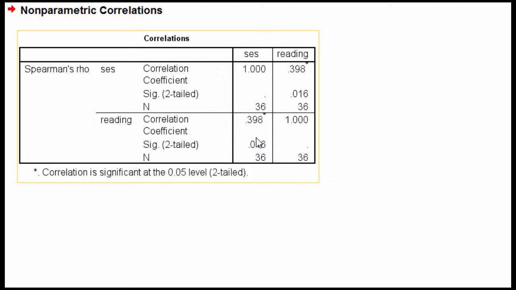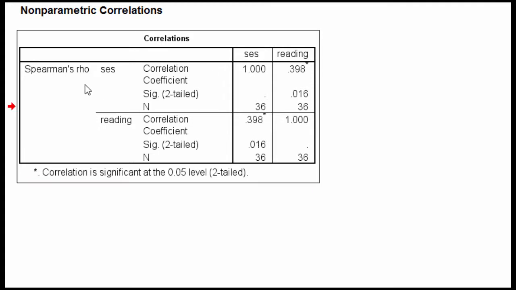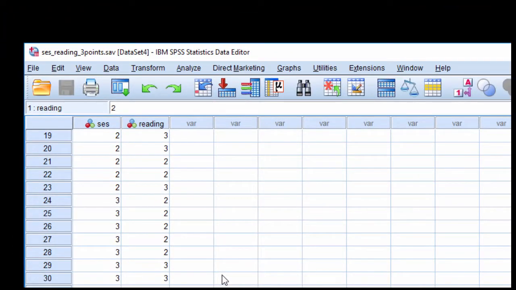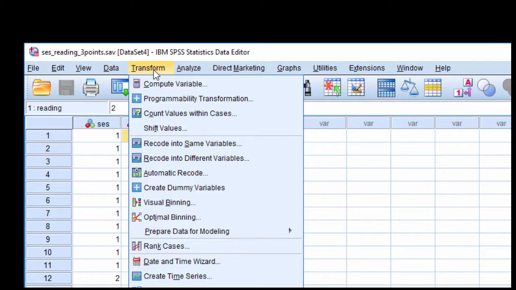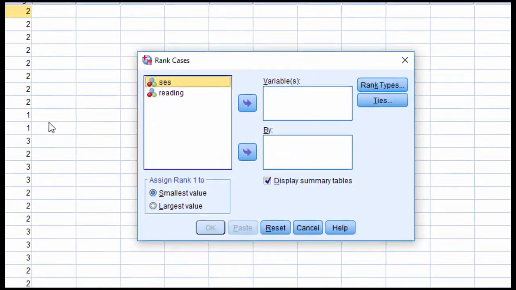Now I'm going to do the second half, which is to show you that the Spearman correlation is really nothing other than a Pearson correlation applied to ranked data. So what I can do in SPSS to rank data is use the transform utility for each of the socioeconomic status and reading variables. So click on transform and then rank cases, and I'm just going to do one variable first,